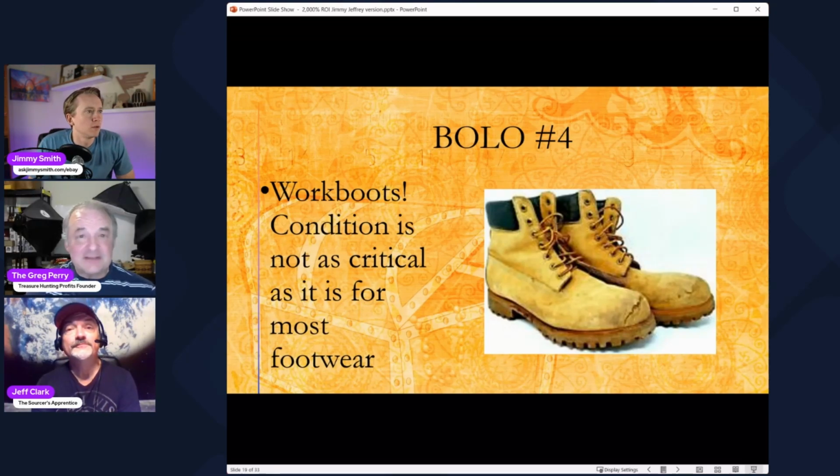Now, they do want the soles. You need to make sure that the sole is well attached, because sometimes they're not. That's a loss. Don't buy those, or don't try to sell those. Anything else, they don't care how it looks. And I sold these for almost $40. Now, where did I source these? On a curb in my neighborhood. Someone had a box on the curb on trash day, and it had those two work boots and some old golf clubs.